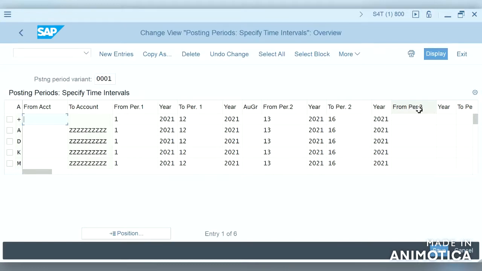So whenever the CO postings flow into FI, definitely there should be a posting period. Posting period 3 is mainly used for secondary cost postings.